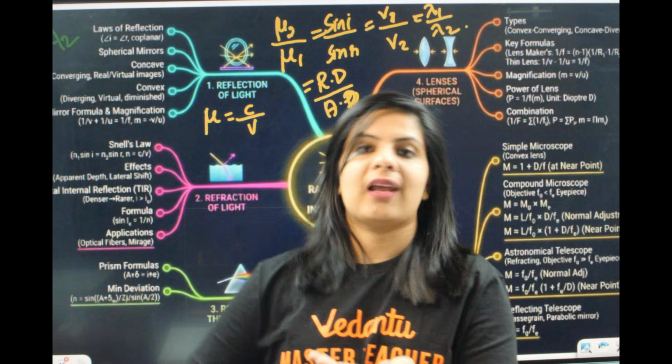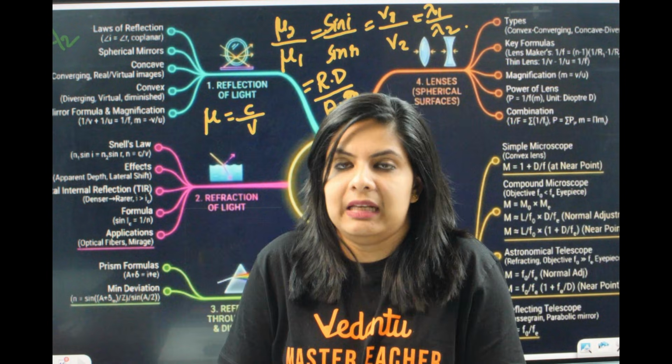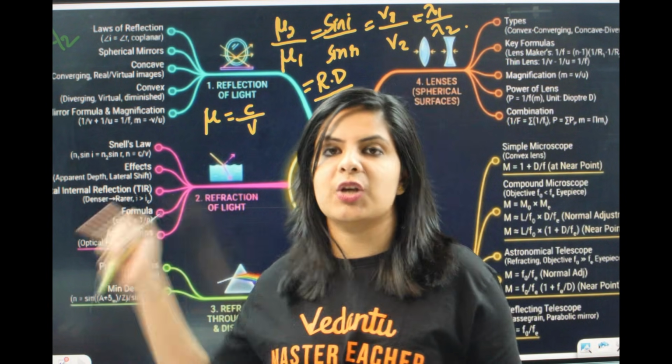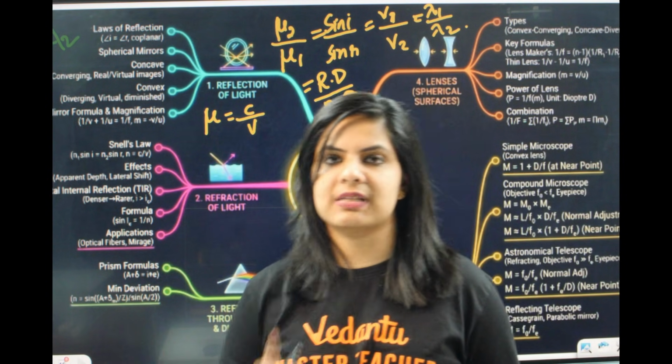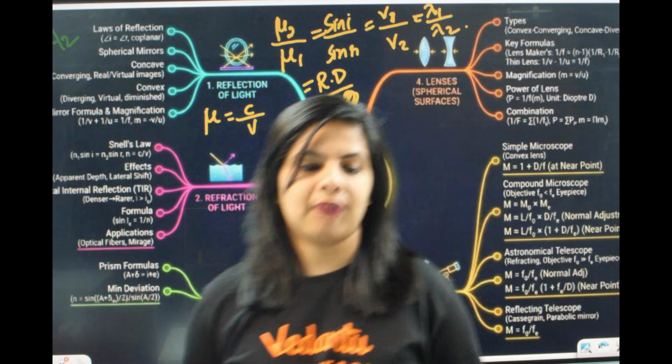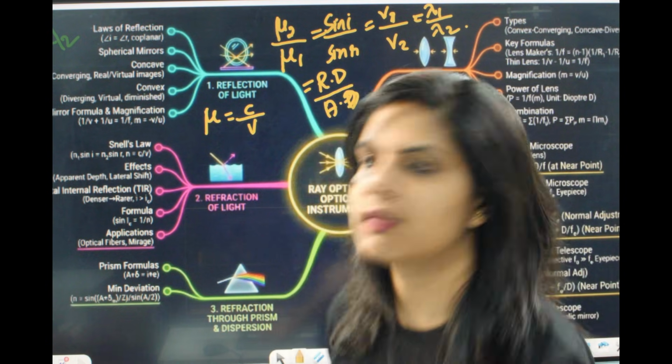Considering the actual depth, the depth which we are experiencing or feeling is what we call the apparent depth, and the ratio is equal to mu2 by mu1, the refractive index of the second medium divided by the refractive index of the first medium. That is the important relation. Next one,